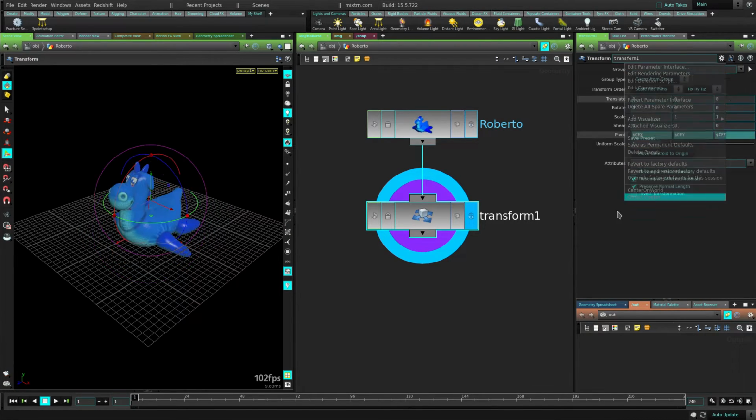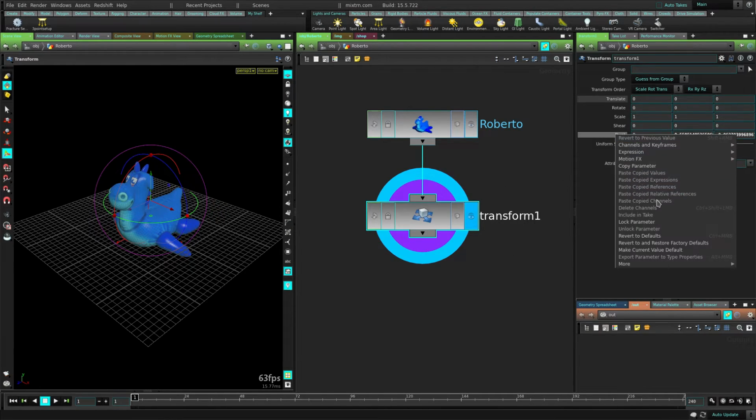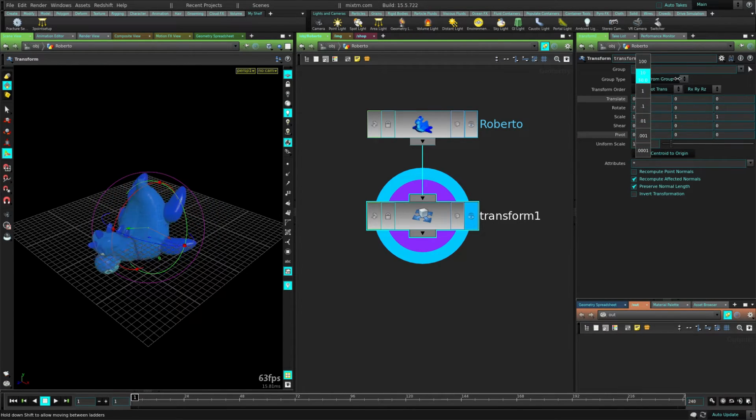The other one is object center, which is just setting this pivot to the center of X, Y, and Z. And this is something that I use a lot, so I have those presets right there. We can save another preset by doing anything we want here. We can rotate Roberto, we can maybe have this and a weird scale. Maybe we are importing